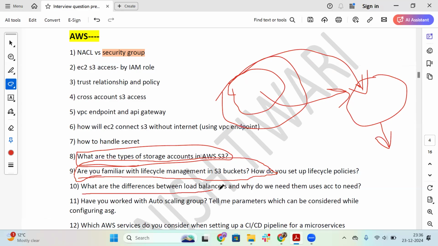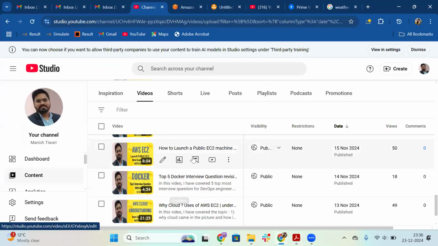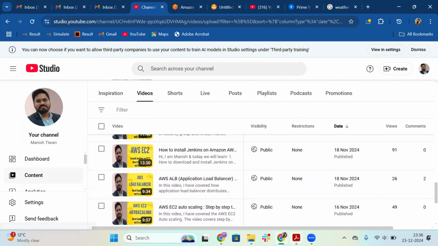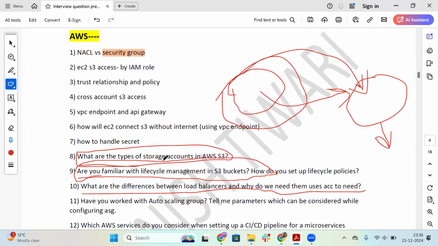Then, what is the difference between load balancers, and why do we usually need them? There are multiple load balancers, basically application load balancer and network load balancer. The use cases of application load balancer and network load balancer, I have already covered in my AWS ELB video. But talking about the questions and answers, there are two types of load balancer: application load balancer